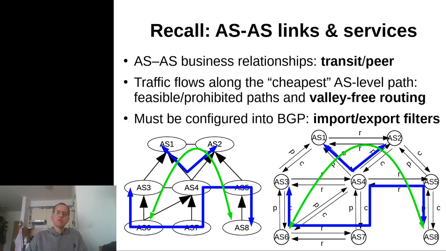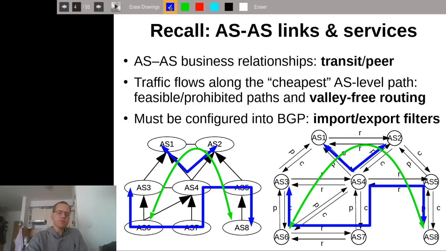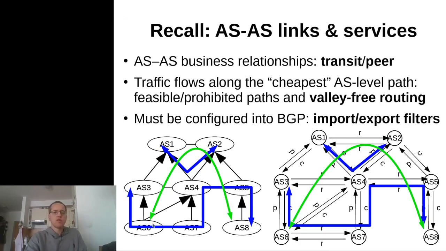We've seen that traffic flows along the cheapest AS level path, and this brought us to the notion of feasible and prohibited paths, and ultimately to this notion of valley-free routing, where we've seen that the actual AS level paths that make economic sense in this context are such that they do not form valleys in the transit hierarchy of the internet. So a valley-free path actually goes all the way up in the transit hierarchy from customers to providers,